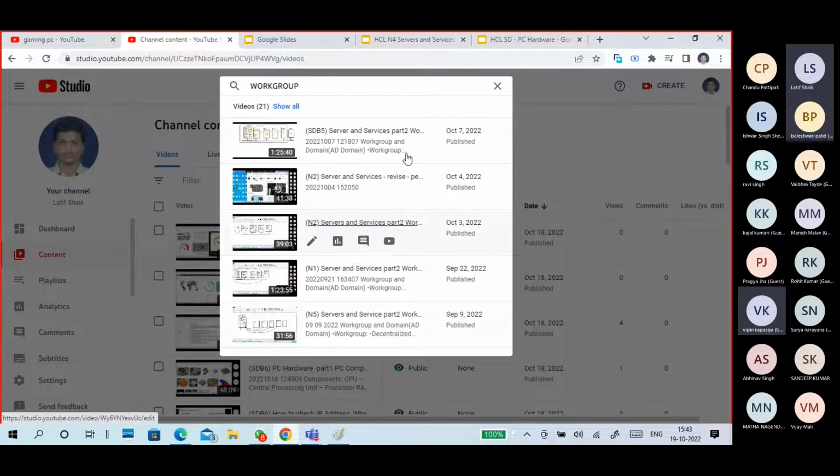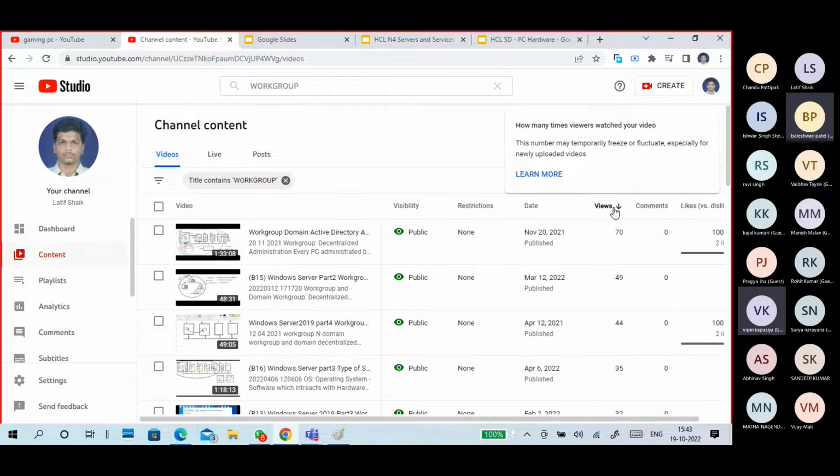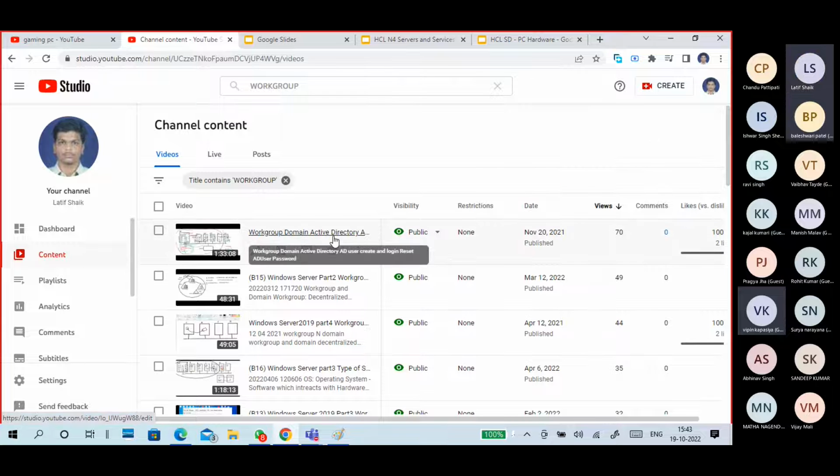I explained this workgroup and domain in a practical sense. So this is with the practical. I showed how to create a user, how to create a password, how to reset the password. That is what I explained here. It is a little lengthy, like 1 hour 33 minutes, but there is no need to start from the starting point, guys. You can watch it from